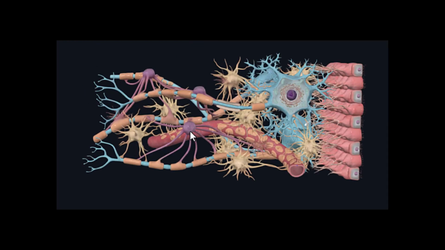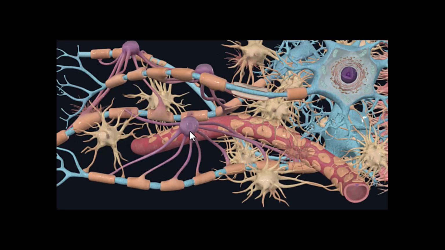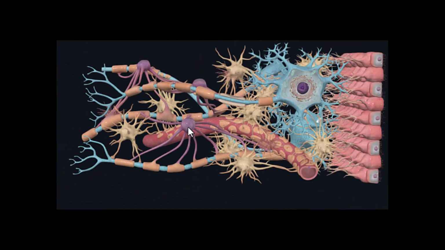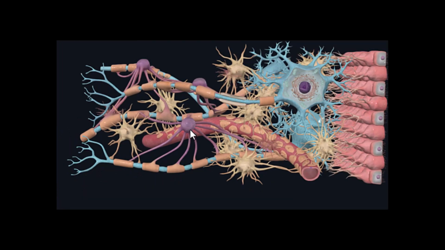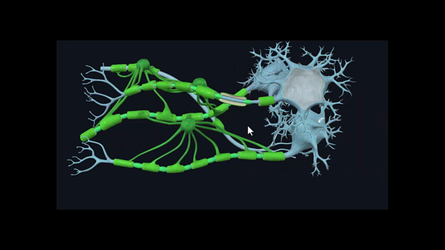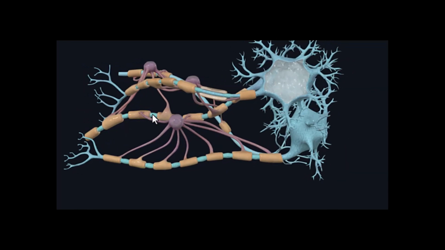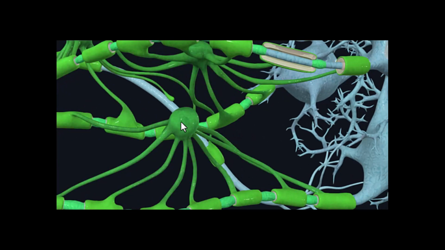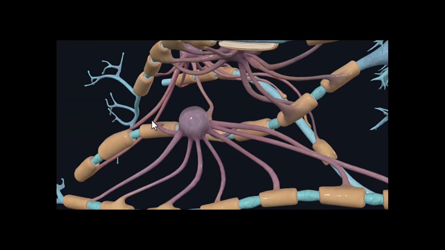Going back to the main structure, let's look at the oligodendrocyte. Oligo means few, and dendro means branching, and cyte means cell. So this is a few branching cell. Let's hide some certain items. So let's select this, and we're going to select the axon, and might as well select the little glial cells. So here we have the oligodendrocyte, and notice that it's going to be branching into different